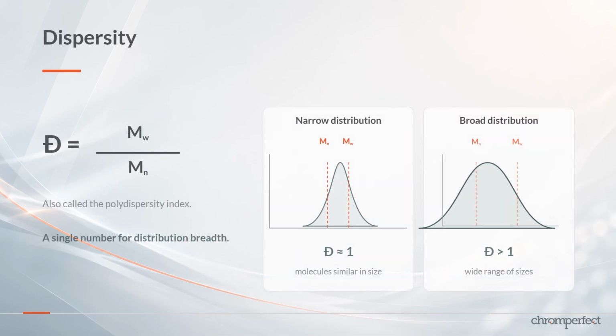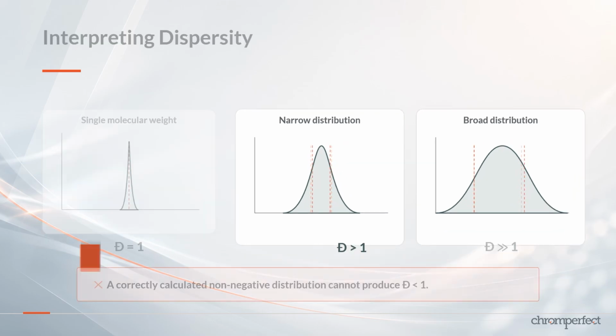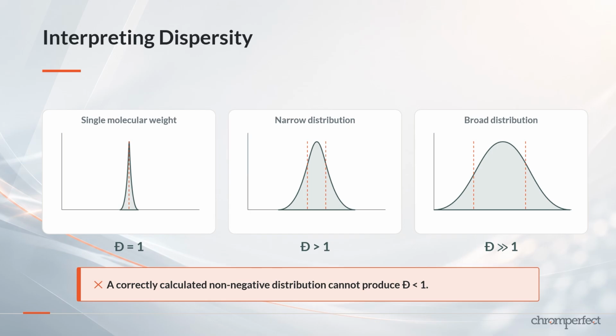One of the most common measures of distribution breadth is the ratio of Mw to Mn. This ratio is often called the polydispersity index, or dispersity. For a monodisperse polymer, Mw and Mn are equal, and the ratio is 1. As the distribution becomes broader, Mw moves farther above Mn, and the ratio becomes larger. A distribution can never have an Mw divided by Mn value below 1 when both averages are calculated correctly from